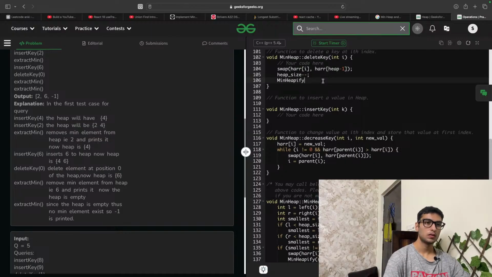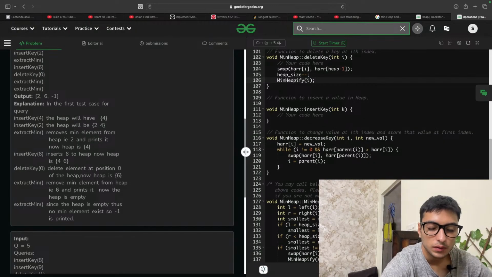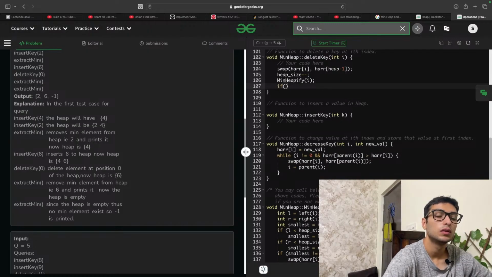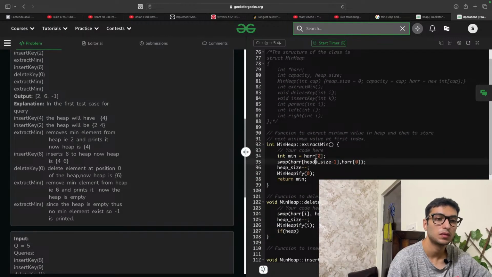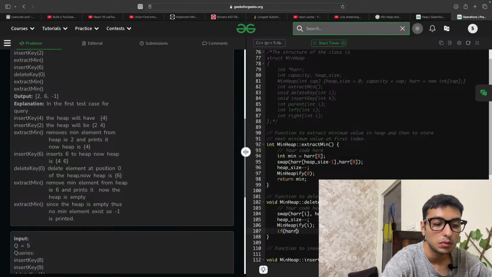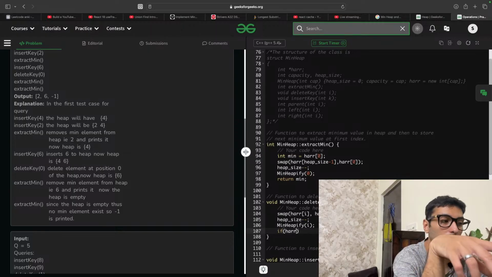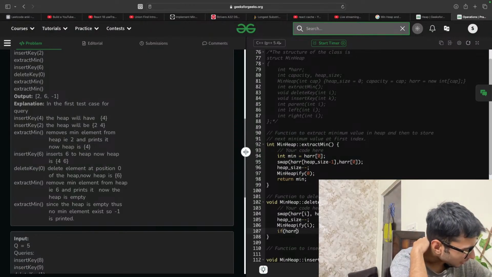Heapify. It's just a very bad way of implementing the data structure, honestly. I want to do this in C++ from scratch. Pseudo: min heapify I, if heap array I. Wait, so what's it supposed to be like again?